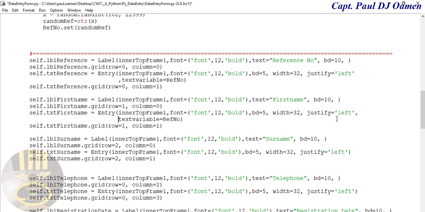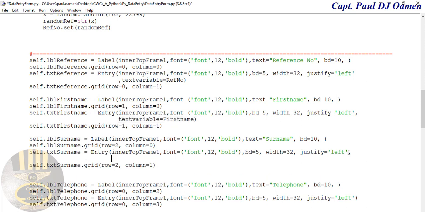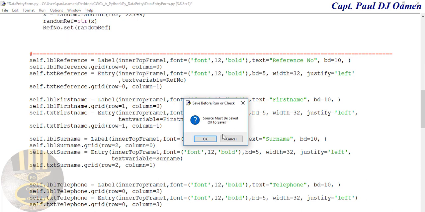Paste that. Press enter here, and change this to first name. So that's the variable for first name. Surname. Repeat the same thing. There. That's surname there. So I'm going to run that, and you guys see that